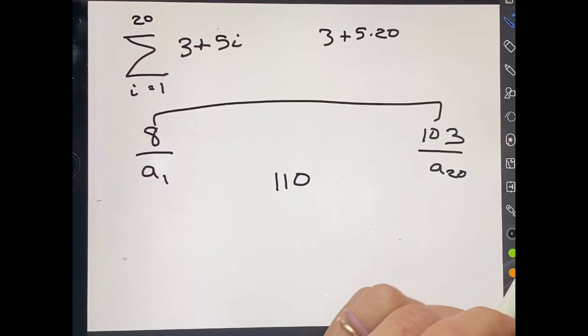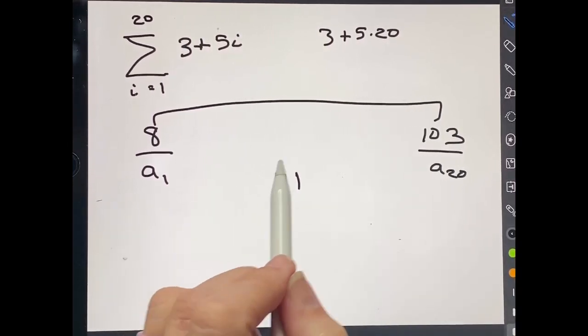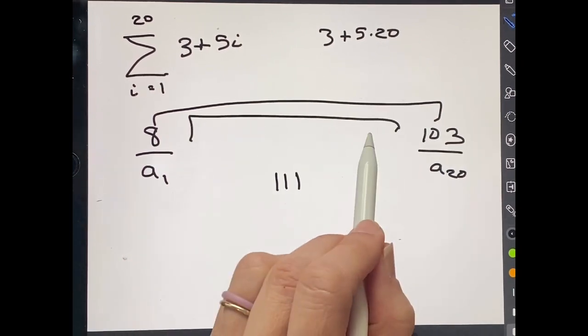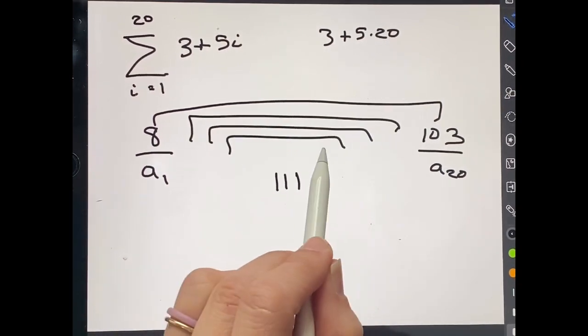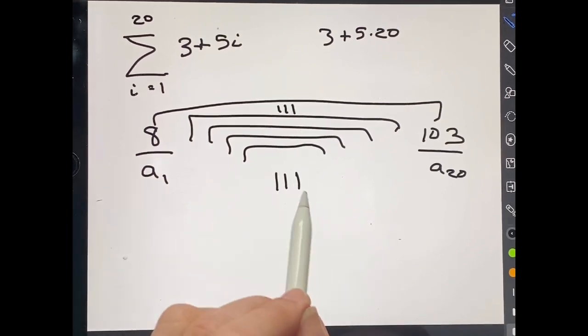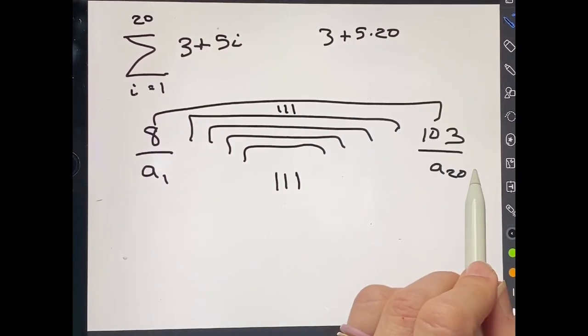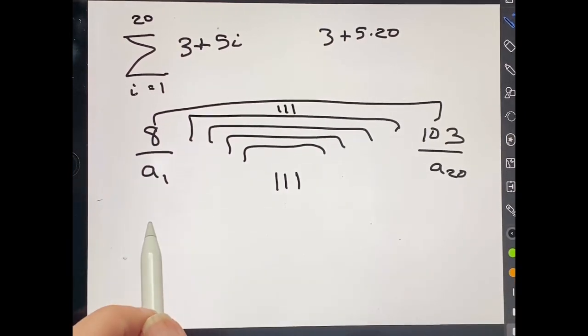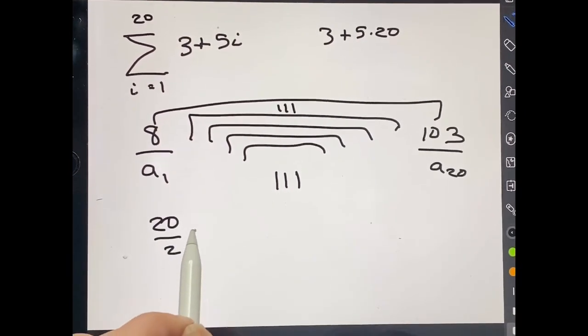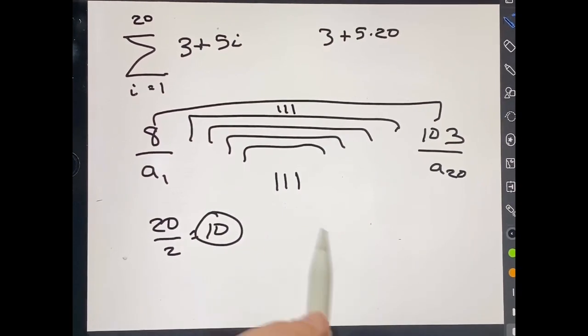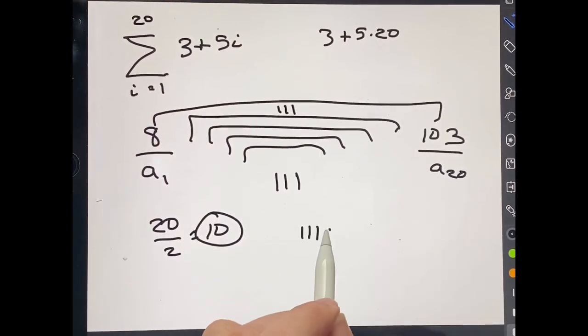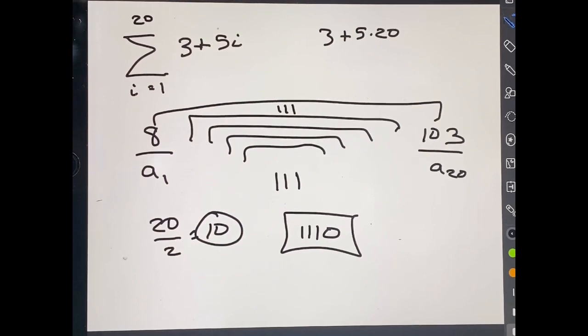No, it doesn't. It gives us 111 for that. And that means every pair all the way down is going to give us 111 every single time. So how many pairs do I have? Well, I have 20 terms, and I have half those numbers of pairs, which means I've got 10 pairs. So I'm going to take 111 and multiply it times 10 and get 1,110, and know that when I sum up those first 20 numbers, it's going to give me